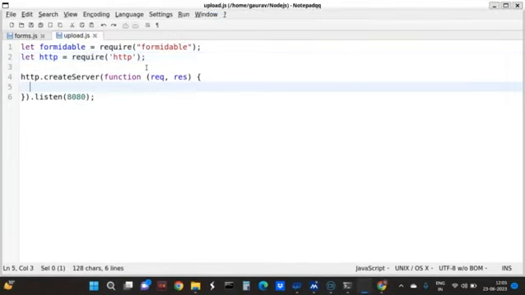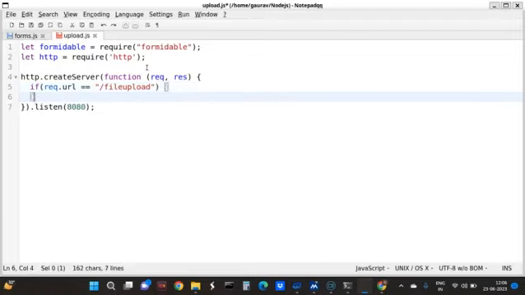So now in this, I'm checking if the request URL is equal to file upload. Then